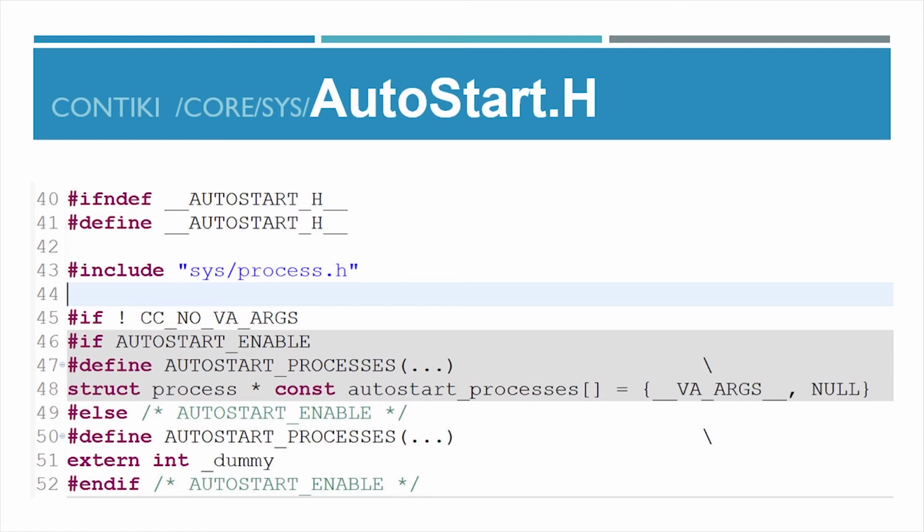Auto-started processes are kept on a list that is usually used by the AutoStart module to start the processes. The processes are started in the order they appear on the list. It's worth mentioning that processes always run in cooperative mode, whereas interrupts run in preemptive mode. Now, looking again at this document that we have here, the AutoStart.H,